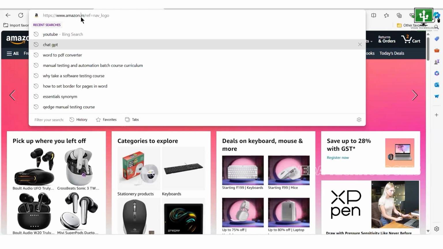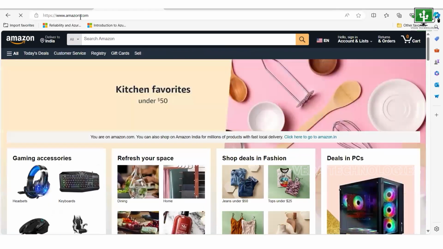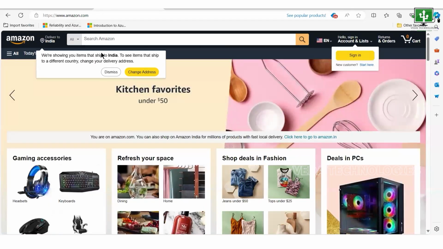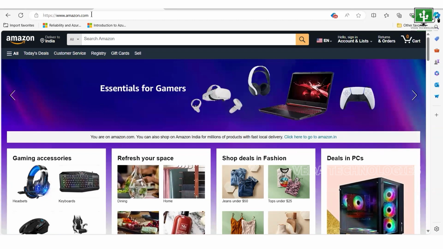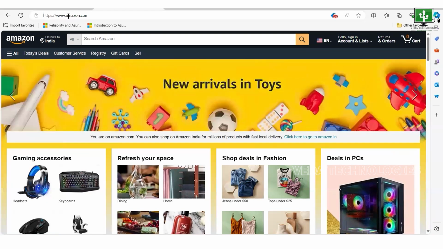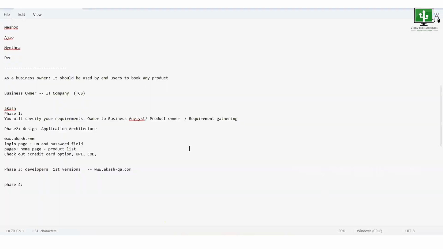www.amazon.in. IN means India. Even we'll be having .com. What is the URL where you are accessing it as an end user? As end users, you will be accessing the product at www.amazon.com. But before it comes to production, you will be having different kinds of tests, different releases,